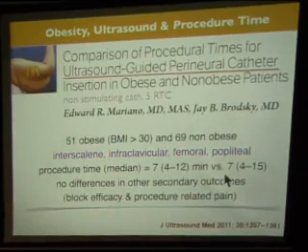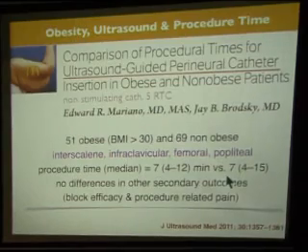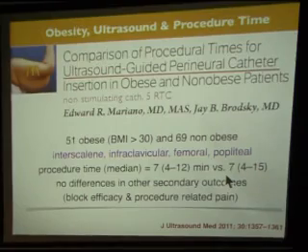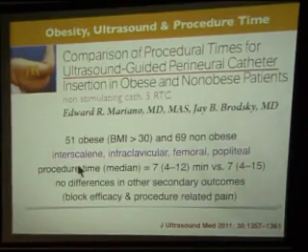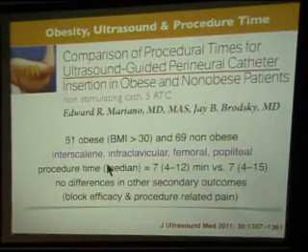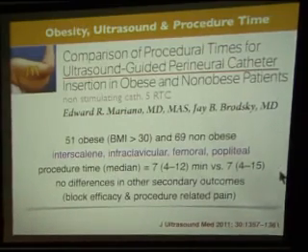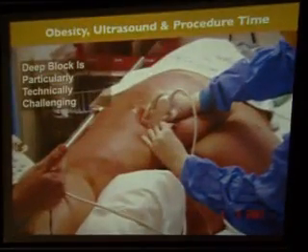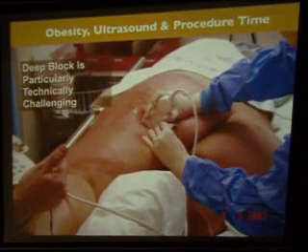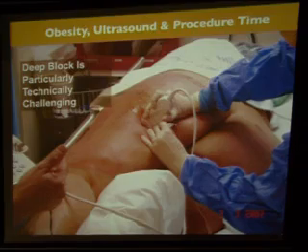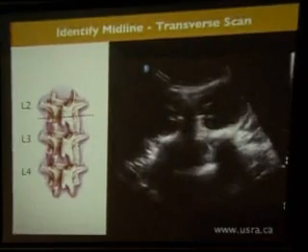They are Dr. Mariano, at that time at the University of California, San Diego. But notice that all the catheters were placed in a rather superficial area: interscalene, infraclavicular, femoral, and popliteal. If you asked me to put a catheter in this lady for a sciatic nerve block, it would probably be a different story because it's going to be deeper and more challenging. So I think it really depends on what type of block we're talking about.